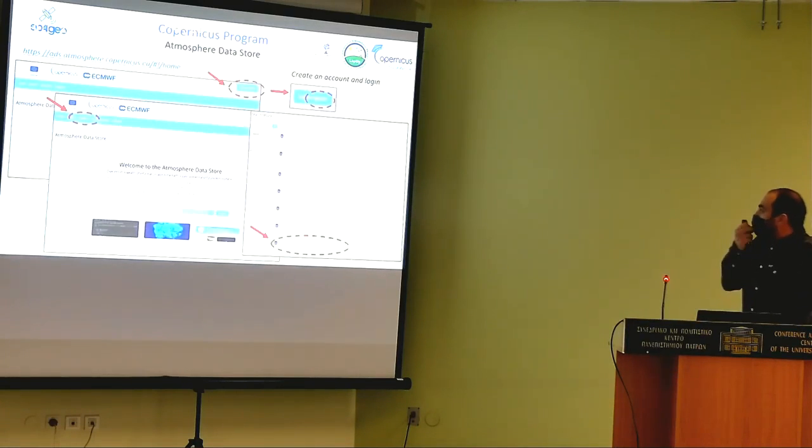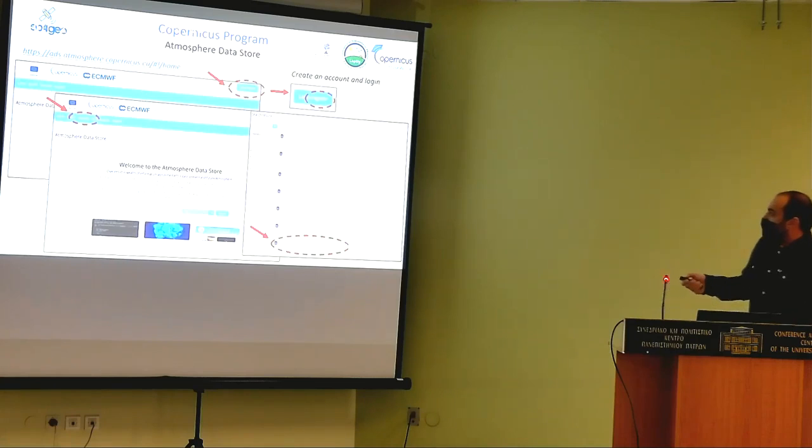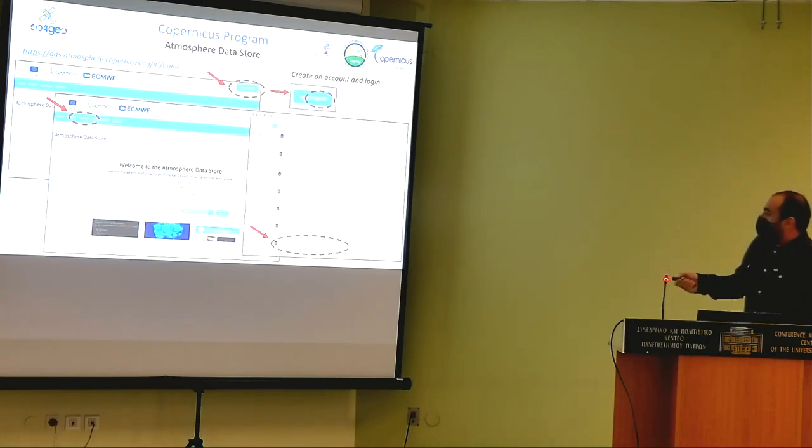Moving now to this strange graph, how can we use Copernicus to retrieve our data? It's very simple, because we have to go to this website, and we have to register or to create an account. Then we can log in, and we have the first page of this graph. This is the first page after our login, and we can scroll to all these windows, and we can search